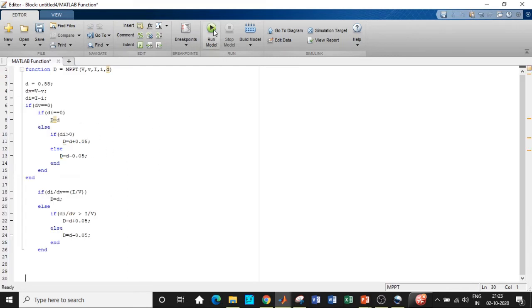And once that is done, click on run model. So it gives you an indication if there is any error with respect to the system. So if there is any error, it will show you the point or the line number in which there is an error. So we'll be clicking on run model to check if the model is running fine. So it doesn't show any error in this particular system after we have run the model. So we can close the editor.